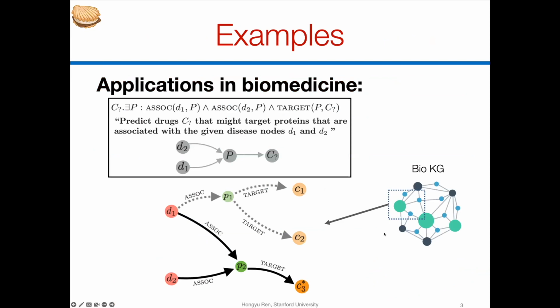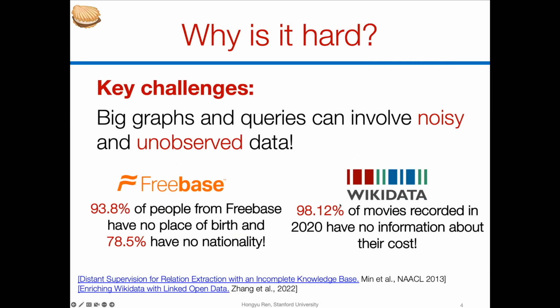And such a task really has a wide application in many downstream domains, right? For example, in biomedicine, we can ask such a query on a biomedical knowledge graph, which may further accelerate the process of drug discovery by suggesting the most promising missing facts, right? However, when we really make predictions on the real world